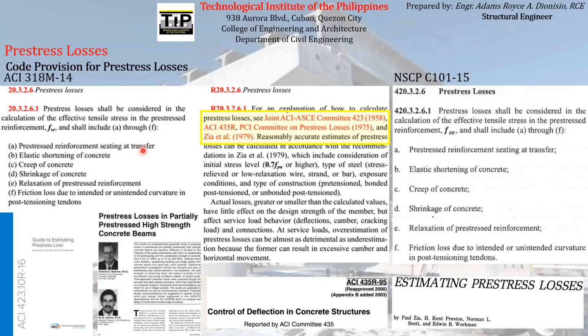We have another separate method to compute the prestress loss due to elastic shortening of concrete, due to creep of concrete, due to shrinkage of concrete, etc. You can see those presented in these documents. The methods of computing the prestress losses are presented in these documents individually, so you can find the individual magnitudes of the prestress losses with respect to these different factors.